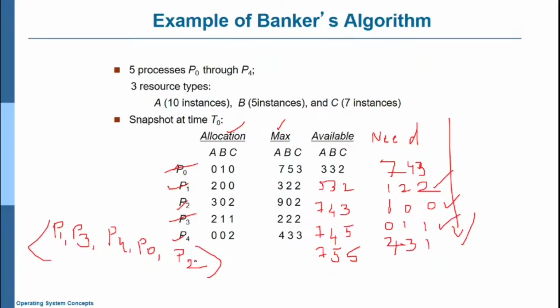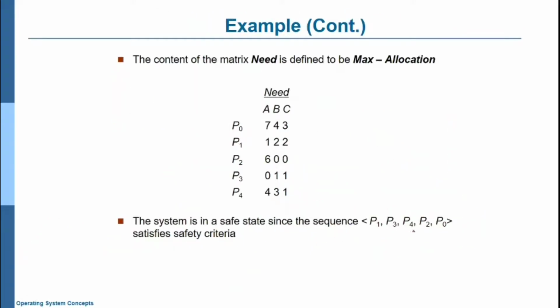So this is a safe sequence. You can see here P1, P3, P4, P0, P2. This is one safe sequence. I moved in the same order because first we solve P1, next P3, next P4. Otherwise, when we solve P3, we can go for P0 as well as P2, and then once again we can go for P4. But they have done the same thing: P1, P3, P4, P2, P0. So we can satisfy this condition. So this is the need matrix and this is the safe sequence.